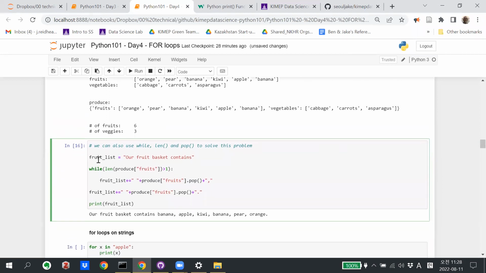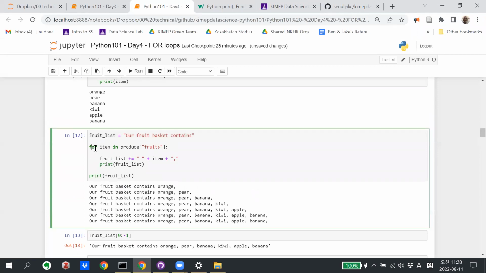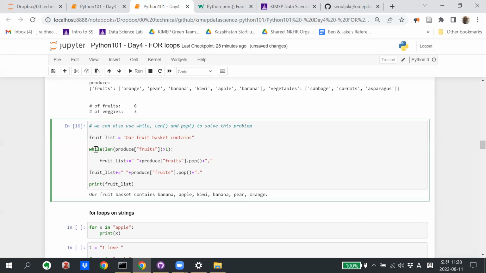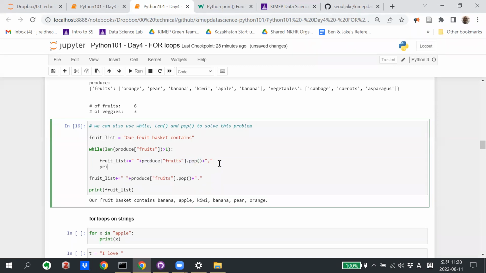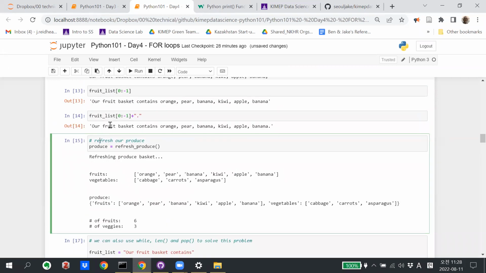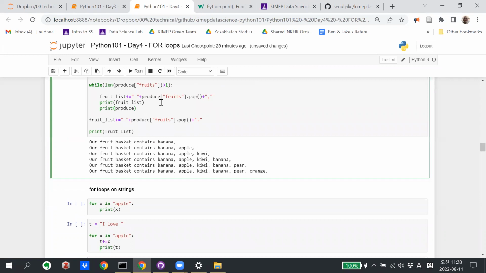So here's what I want to show you: you can use a for loop, looping through the items of a list one at a time. Another way to do that, it's kind of equivalent to using a while loop going through a list but popping items as you go. The difference is if I print out, oops, sorry, I need to refresh our code this last time. Right, so it does it in the same way, but if we also print out the produce fruits here,